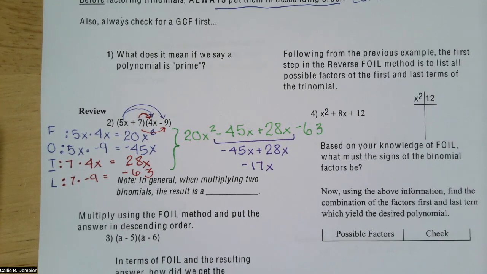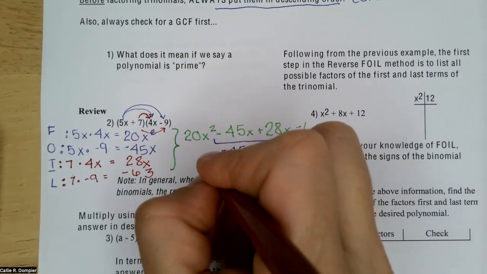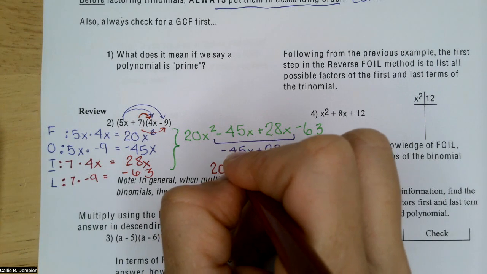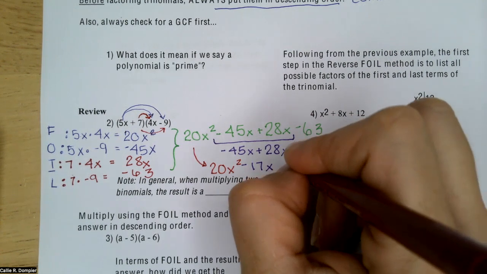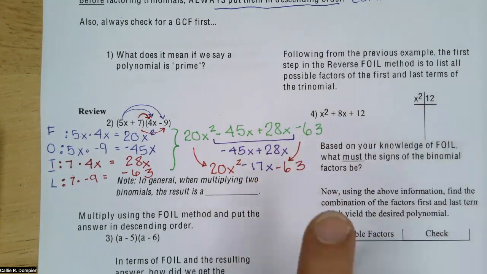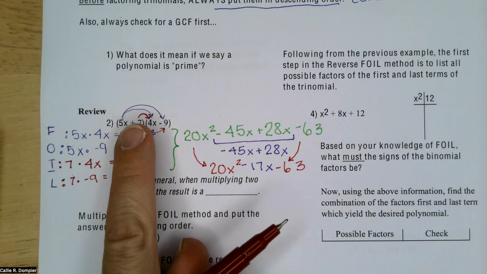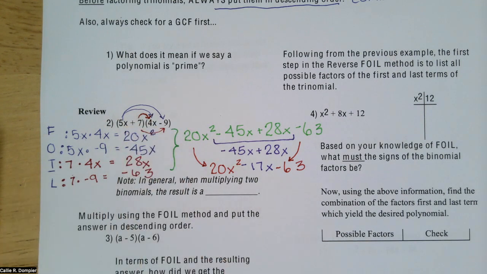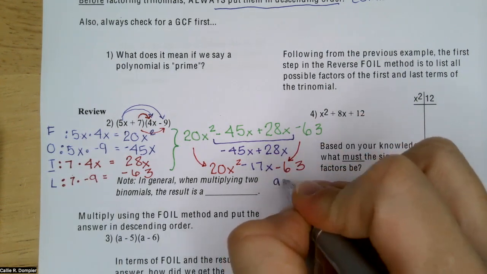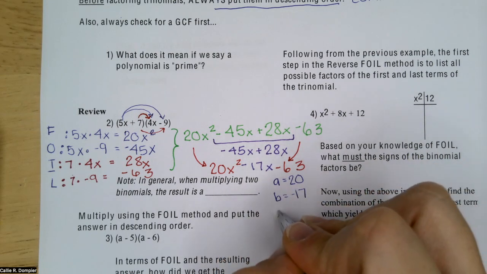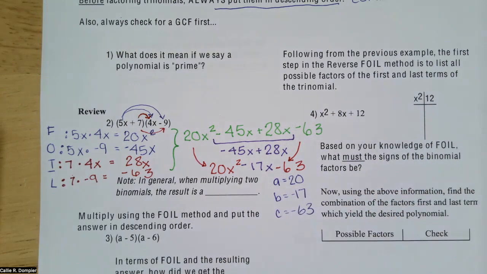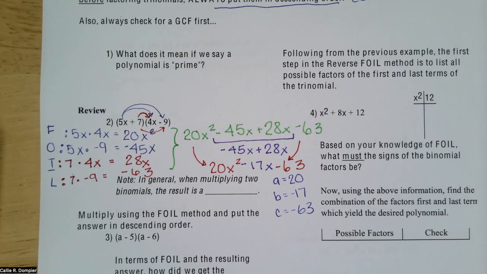Okay, so those two middle terms simplified to -17x. The A just comes straight down, and the C just comes straight down. So if you can see now, we had two binomials. We turned it into a trinomial, and for this trinomial, just for practice or just for a visual, A is the number 20, B is the number -17, and C is the number -63. Good? All right, so in general, when multiplying two binomials, the result is a trinomial